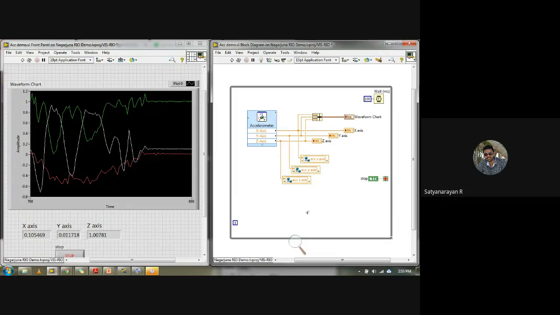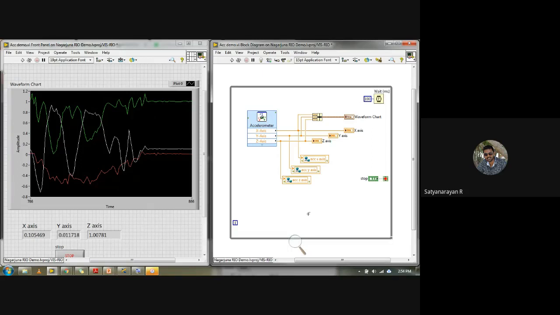Even if your hardware has been powered up n number of times, by disconnecting and connecting, your standalone application should work. That is what we are trying to develop.